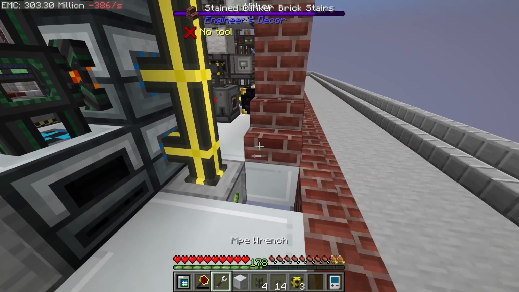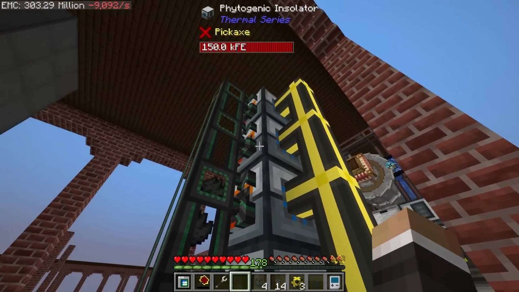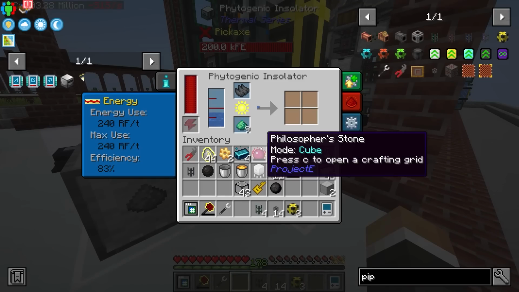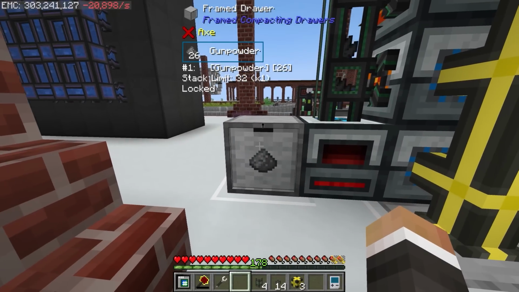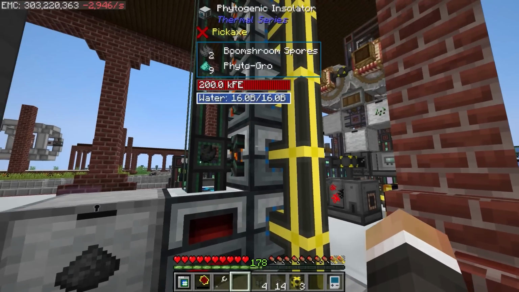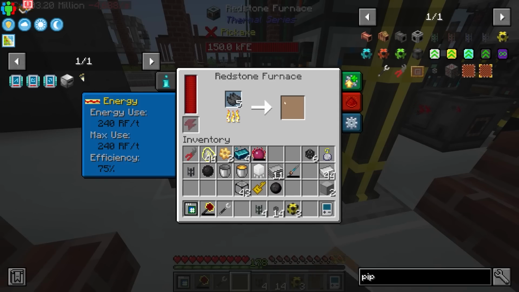And so, unlike before, where this one here was filling up before all the rest, and then this one would fill up, and then this one, and then this one, and then finally this one, now every single one of these is getting an equal amount of fighter grow, and so in theory we should be producing triple the amount of boom shroom spores that we were previously, and therefore hopefully a ton more gunpowder as well. In fact, it looks like the redstone furnace is possibly now the bottleneck that's slowing down this entire operation,